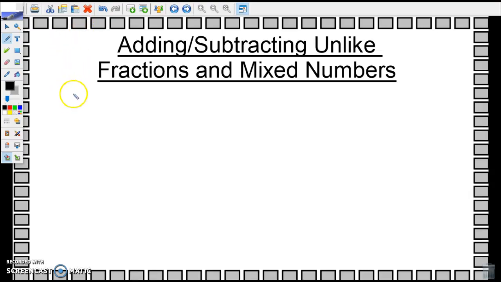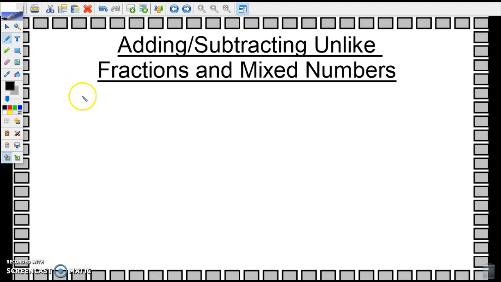Okay, I'm going to show you how to add and subtract unlike fractions and mixed numbers. And I want you to keep in mind that the reason why these fractions are unlike each other is because they don't have the same common denominator. And before we can add and subtract a fraction, we have to have a common denominator. We have to be looking at fractions that have the same amount of equal parts. We can't add or take away or subtract fractions when they aren't looking at the same amount of parts, which